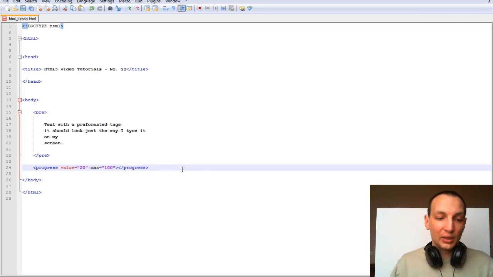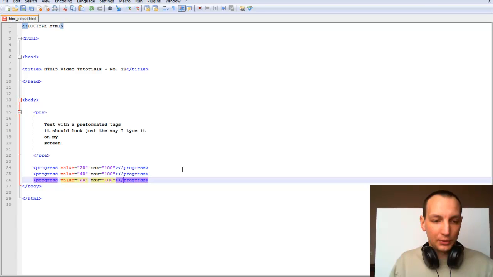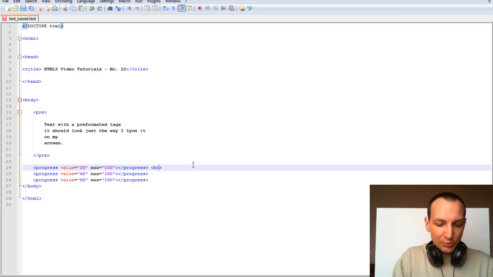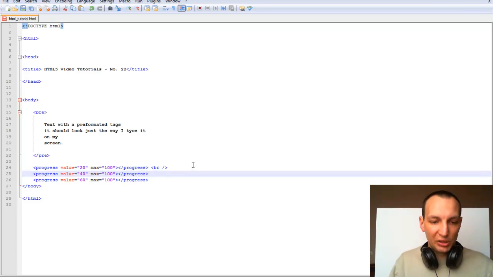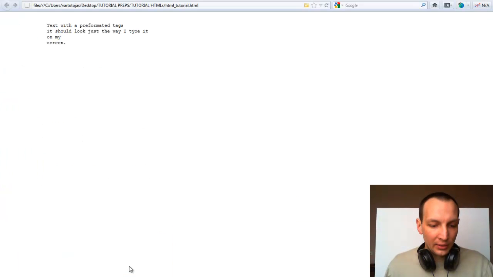Now for us to make it a little bit nicer looking, let's put in 3 bars so you would see the effect, how it changes once we change the value. By default, and let's put it here, let's say 60%. So 3 steps, and let's put the line breaks so each and every bar would be displayed in the next line. Okay guys, let's go ahead and refresh